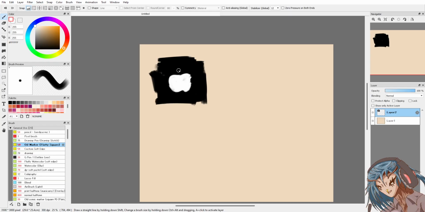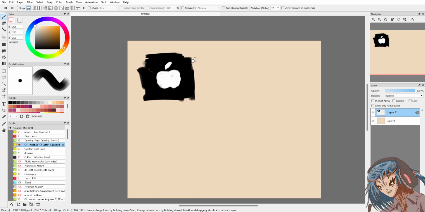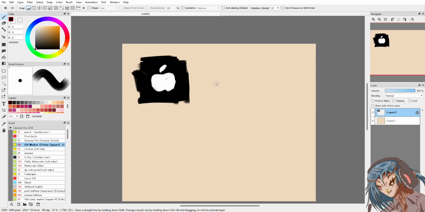Okay, it's seeing the breakdown of the shapes that are involved in an image, right? Like that's what a value is. I think at first it's quite difficult to see, and it takes practice to be able to do it, right?